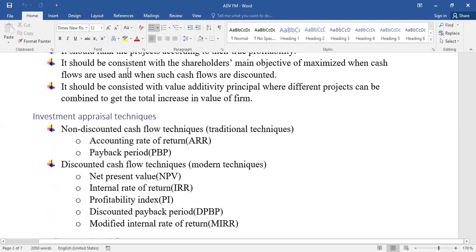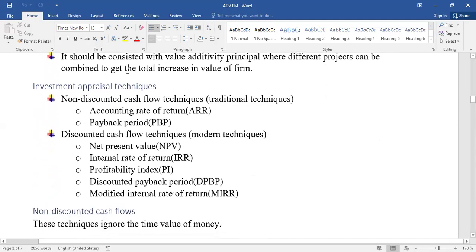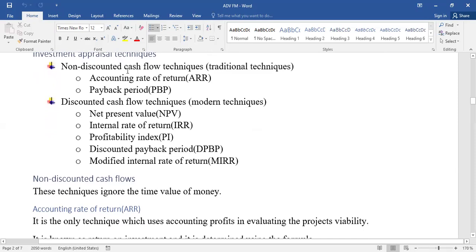Then we have the discounted cash flow techniques, which are the modern techniques. We have the net present value, right? We have the internal rate of return. We have the profitability index. We have the discounted payback period, and then we have the modified internal rate of return. Without wasting a lot of time here, all of these areas are already elaborated in our notes. I just want to go straight to the most important and powerful model, which we can use